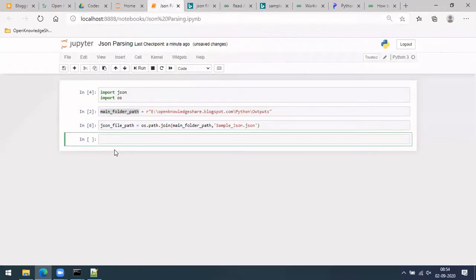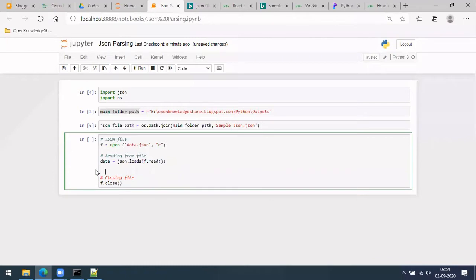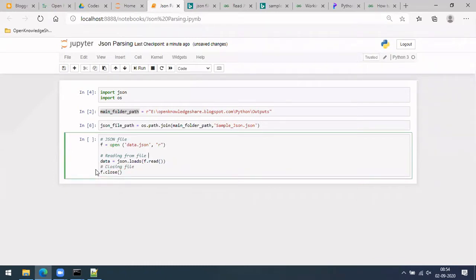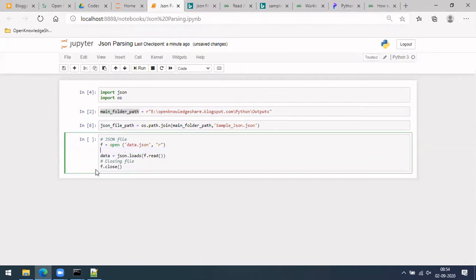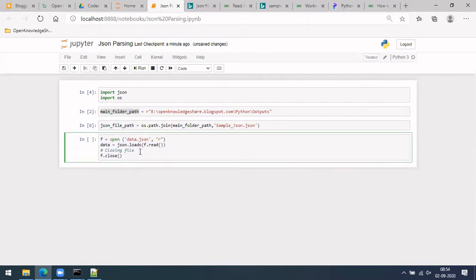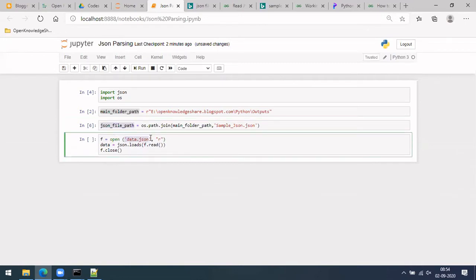So if you see this, you might have been aware of this code, right? What we are doing is f dot open, and you take the file path in read. Similar to a text file, you take this JSON file as well here.